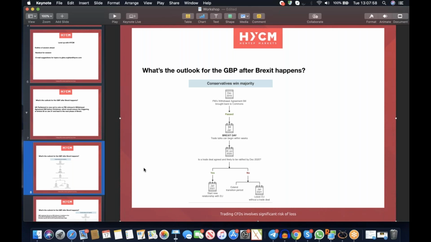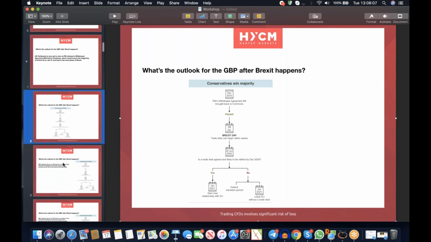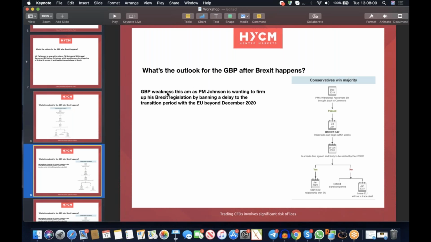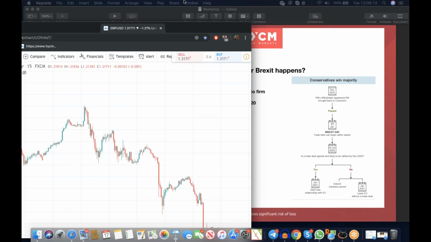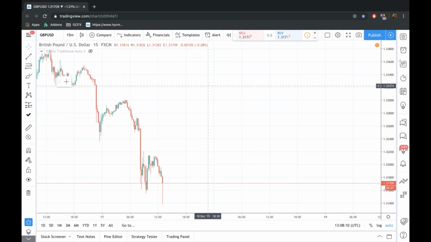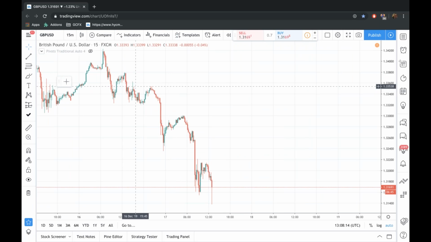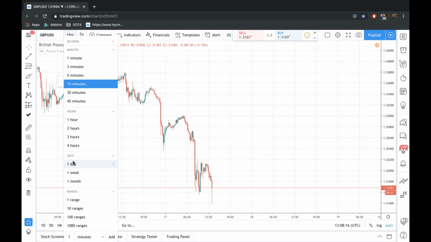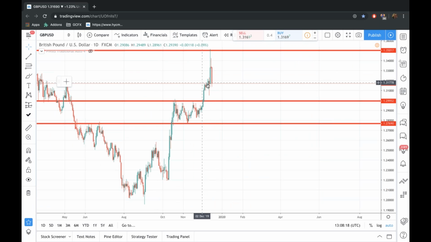So I'm going to be running through with you. There's been a development that's happened today. I'm going to run through what's going to be moving the pound now, so we can start to see what the triggers are. Now, we had pound weakness this morning, so let me just show you the pound weakness. Okay, we've had pound weakness this morning, and you can see it's been reversing the gains of the election.